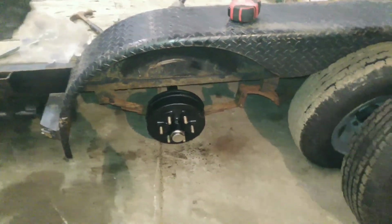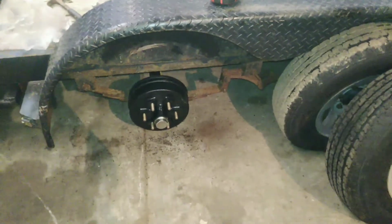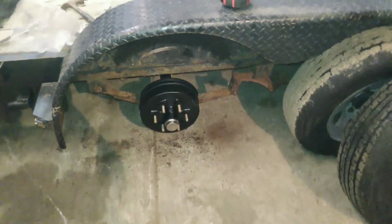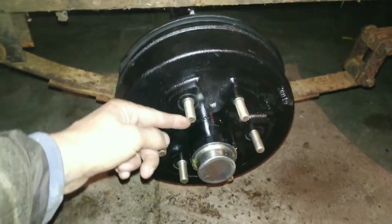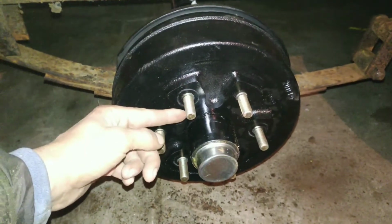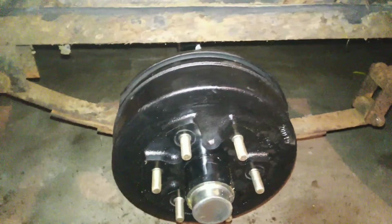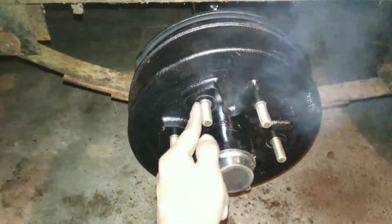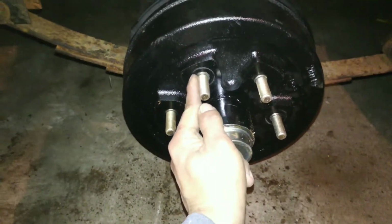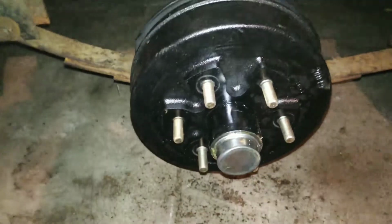Got everything tightened down, went to put the tires on, and the tires rub on the inside of the fender well. Can't even spin them. So probably gonna have to, if I put the tire on here without it rubbing, I can have the wheel sitting all the way to the end of these studs, and it'll still rub on the inside of that fender well. So the only way to cure it is we're gonna have to probably get some, I measured this here, got to come out about at least this far yet, and in order to do that we'll have to get some 2-inch wheel spacers,